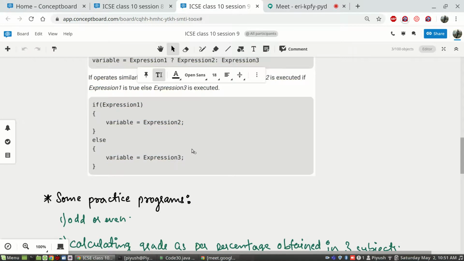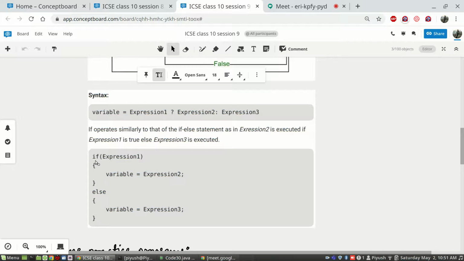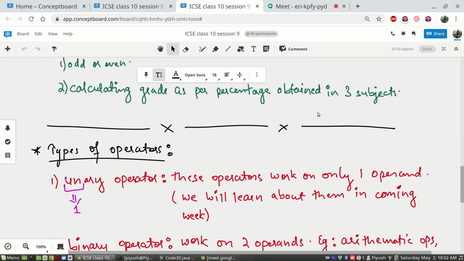The layout is this. So let's say if you have this form of a structure for checking a case, if expression which will be checking one condition, then you are assigning variable with value expression 2 or variable with value expression 3. So this same thing can be written as this one single liner. Okay, if you have understood so far, well and good. If you have not understood anything, that's even better, because we are just going to look exactly what that means. I'll take one example.